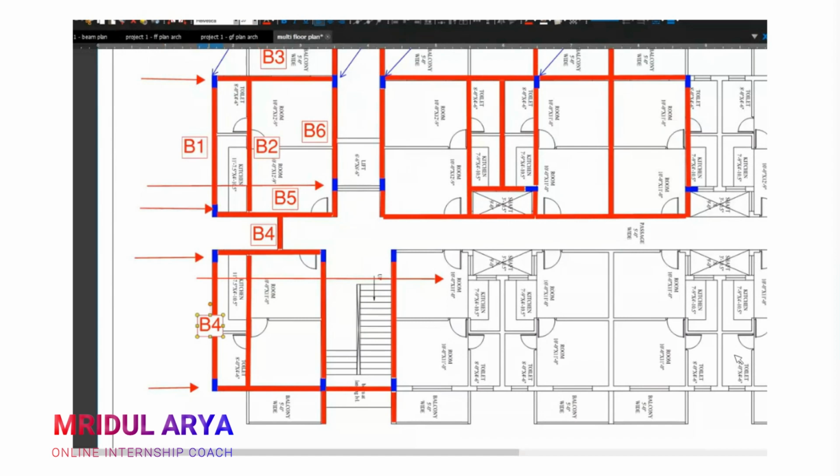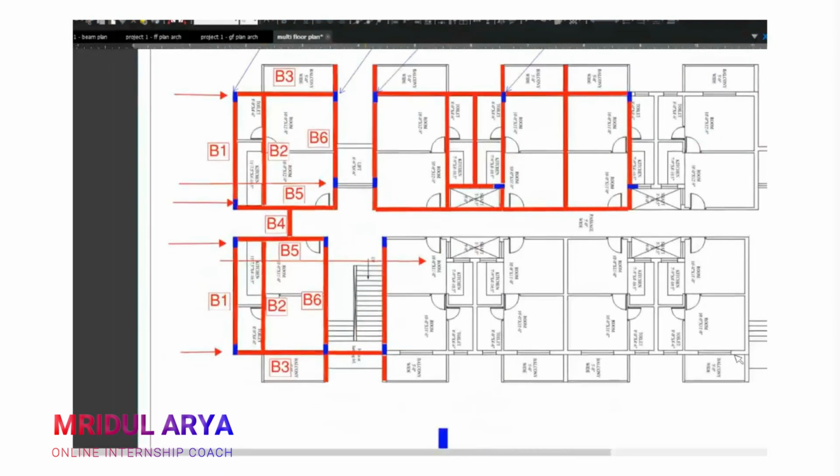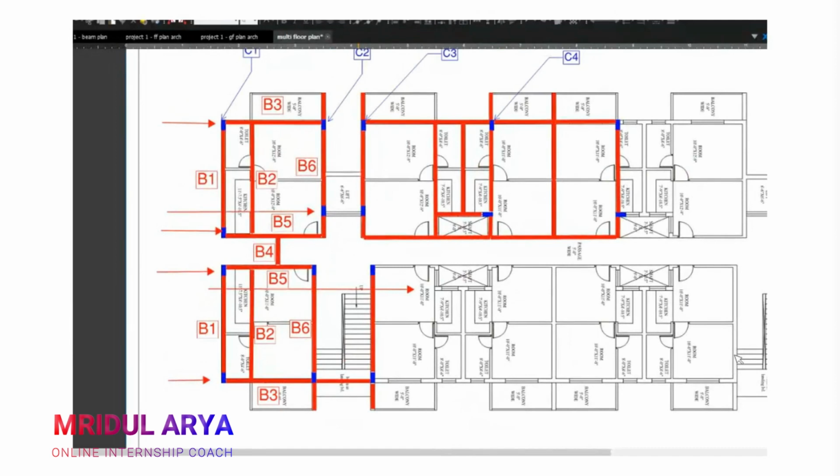Similarly, we name the next beam. Now, in this case, you can use the same numbers, and the string will also be 5. That is the benefit of going block by block.